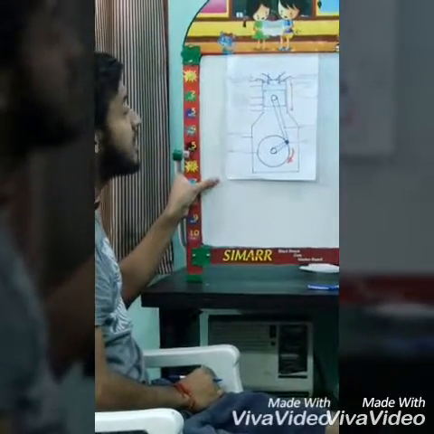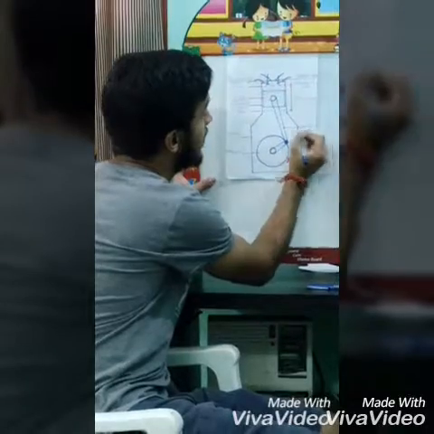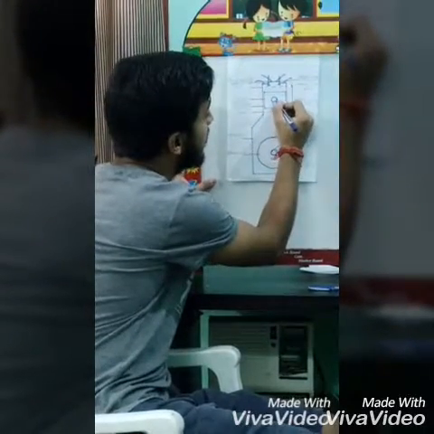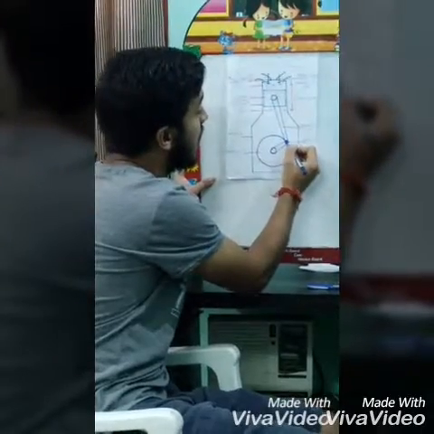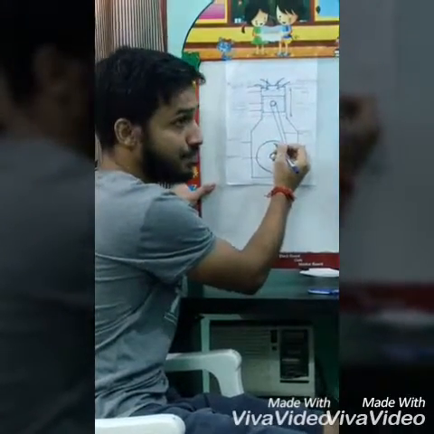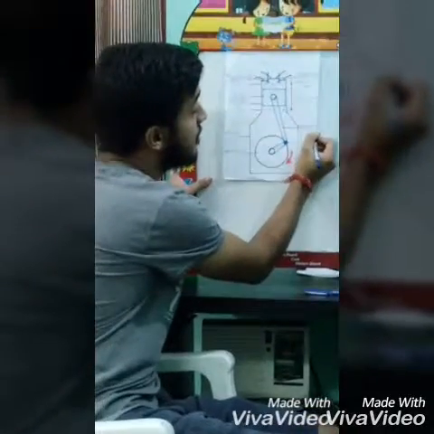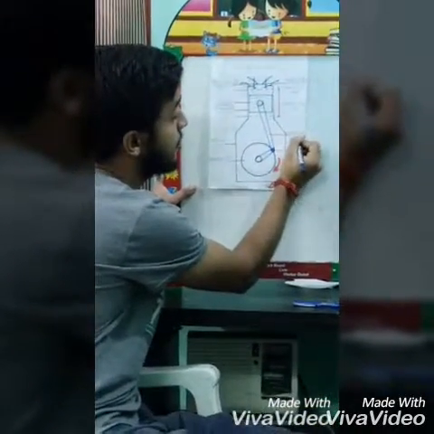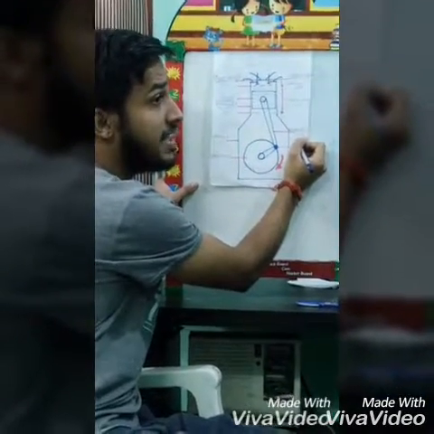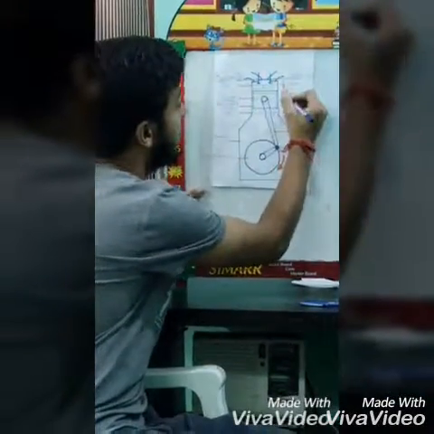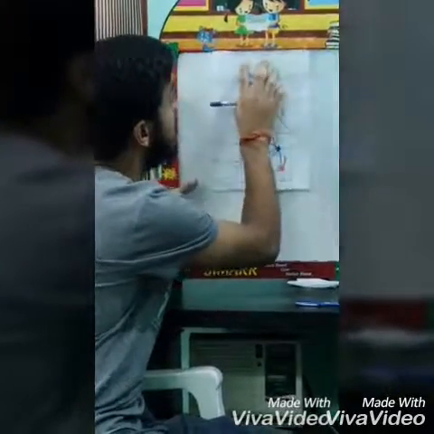Now we will talk about the connecting rod. Here you can see the connecting rod. It is basically connected with one end at the piston and the other end to the crank pin. Now the question arises: what is the purpose of a connecting rod? It serves its purpose of translating linear reciprocating motion, that is of the piston,